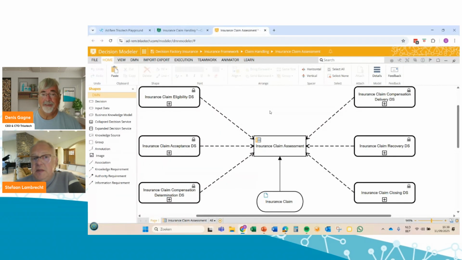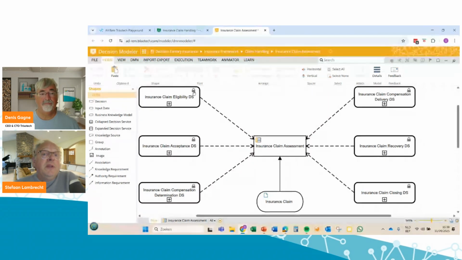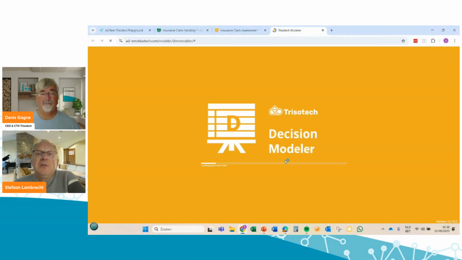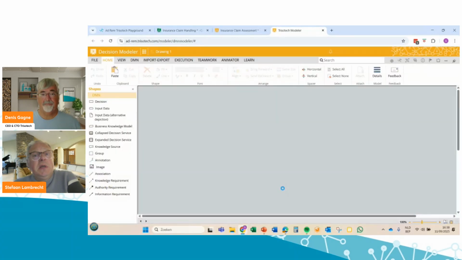Okay. Yes, it is in fact the implementation of your insurance company's policies and regulations they want to put in place. And that is in fact done within all these underlying decision logics or decision services that we will see. And I'm going to dive into one of them, which is the eligibility checks that need to take place.